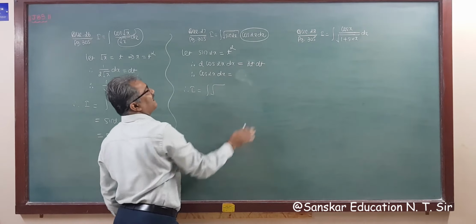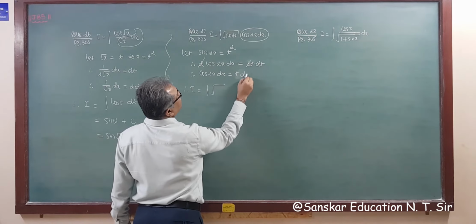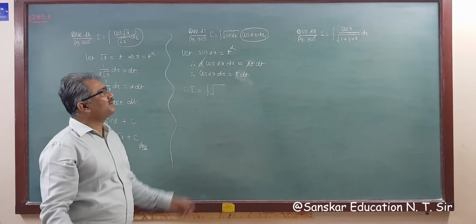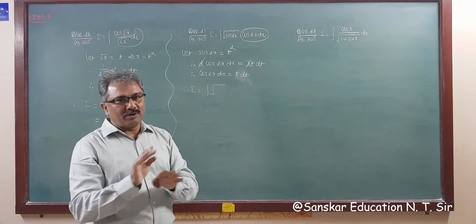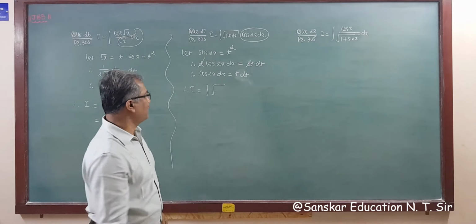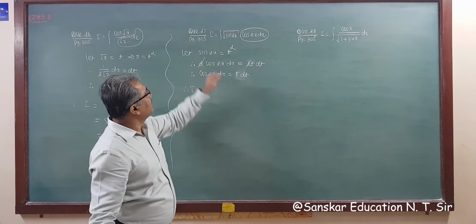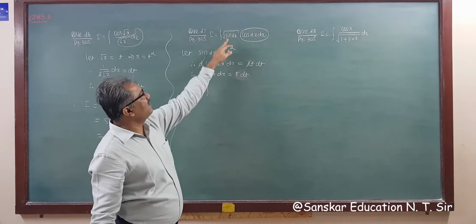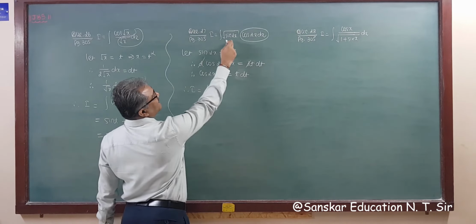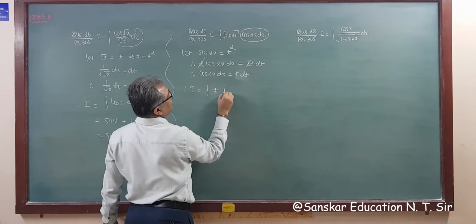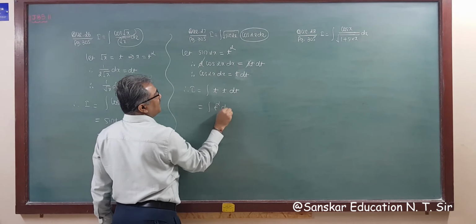So this becomes very easy for you. So these two will cut. So this is t dt, because I forgot to write t square here. If you take t, then this is also okay, no problem at all. You have to integrate the function only, right? So now this becomes very easy. Root sin twice x is t square, so this is t because under root t square, and cos twice x dx is t dt. So the answer will be integration t square dt.